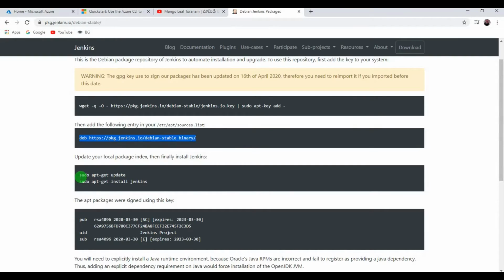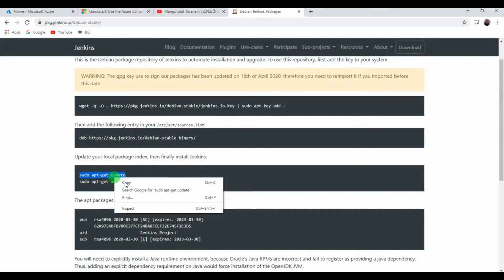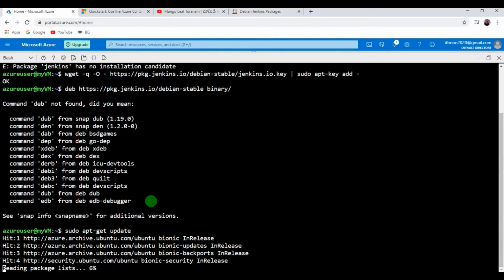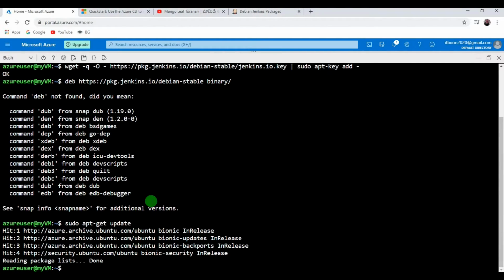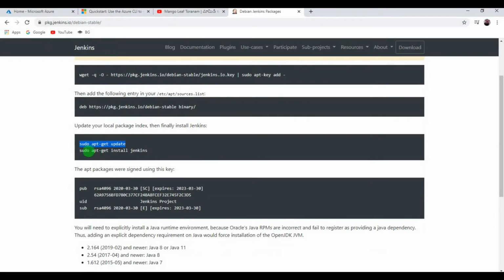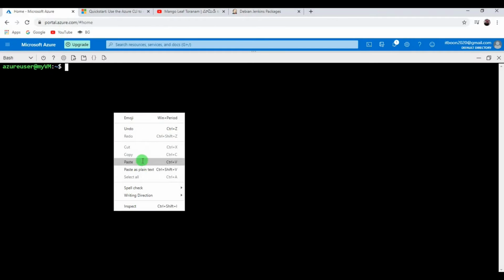Now go back, use the command sudo apt-get update so that the Jenkins repository will be updated on top of our VM. We have already done it once. Okay, it is very quick now. Now we can use sudo apt-get install jenkins so that we will be able to install Jenkins.